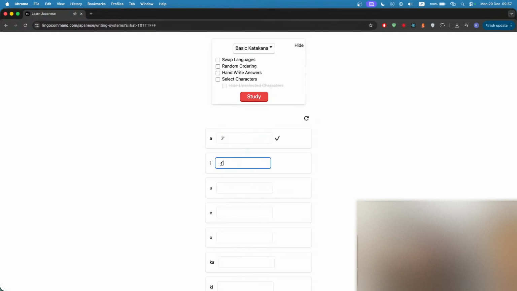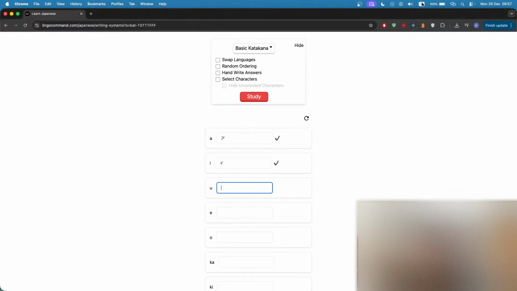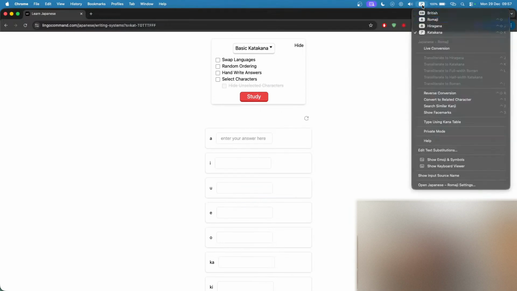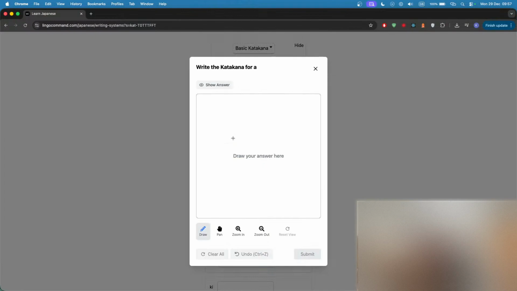And if you're wondering how I've got this set up, I've got a tutorial video on my YouTube channel, Lingo Command, and that's for the Mac operating system. If you've got a different operating system, there will definitely be other tutorial videos online on how to do that. In any case, here we're typing the katakana, and that's not quite what we're trying to do. Instead, we want to handwrite our answer. So if you select this option and then press here,